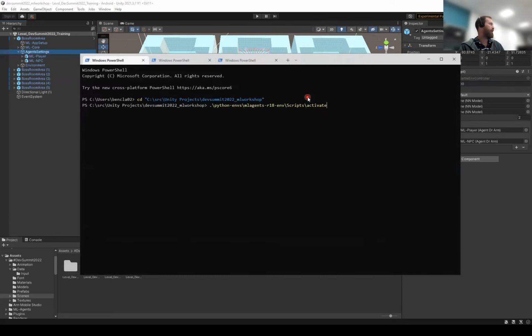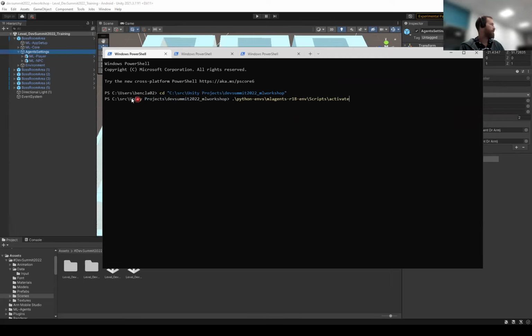So for this, we need a command prompt. We need to change directory to where you have unzipped the scene. For me, I've got it under Unity Projects, Dev Summit 2022 ML Workshop. I imagine that will be called something very similar at the end there. And then as part of the pre-setup, you installed a Python environment, and that's ended up in Python envs, ML agents, R18env, scripts. If we activate that one, we can activate the Python environment,